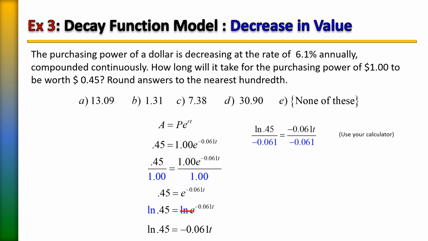Whatever you do to one side, you do to the other. And once you type in your calculator the natural log of 0.45 divided by negative 0.061 and press enter, what you should get is the value of 13.09, which is choice